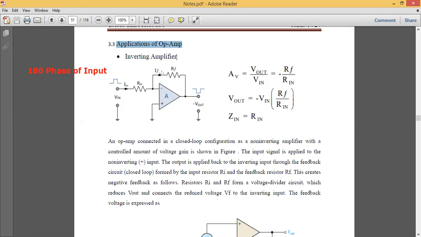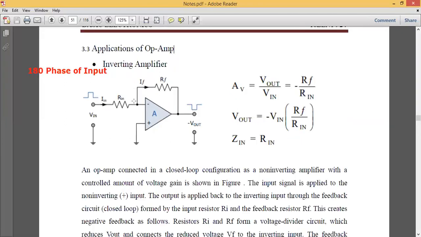We can see here I have some kind of feedback. But there are some other applications of op-amp where we may also find some kind of positive feedback. So let us go for the construction of our simple inverting amplifier. What does the inverting amplifier consist of? Basically it consists of one op-amp, you can see here.